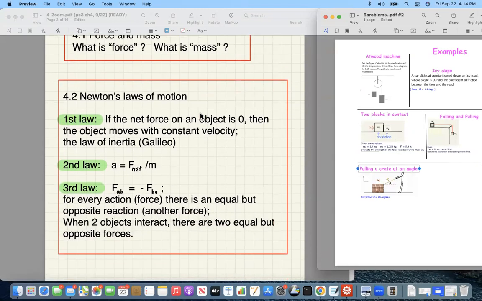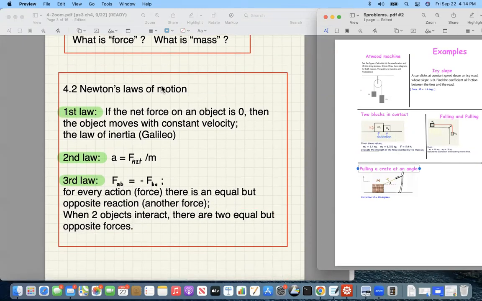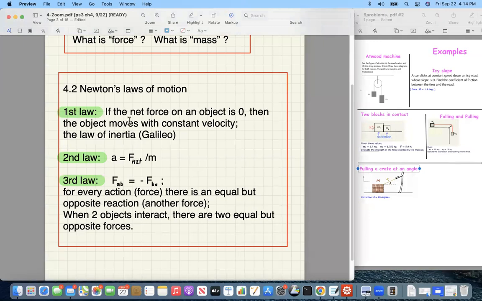So that's section 1. Then section 2 is Newton's laws of motion. And there are 3 laws of motion: the first law, second law, third law. They look pretty simple, but the looks can be deceiving. They're not as simple as they look. That's why it took a great genius like Isaac Newton to figure them out. The first law says, if the net force on an object, and so here again, we're going to have to know what is meant by net force,